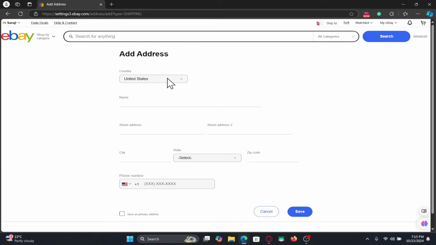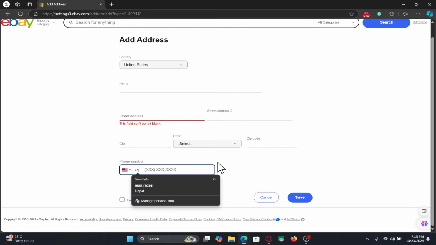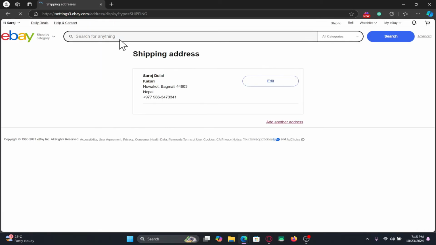Now you can just choose your country and then enter your name, followed by your street address, your city, as well as your state and your zip code. Finally, enter your phone number for this location. And if you wish to set this as your default delivery or shipping destination, then you can click on Save as Primary Address. Finally, click on the Save button, and now your shipping address will be added onto your account